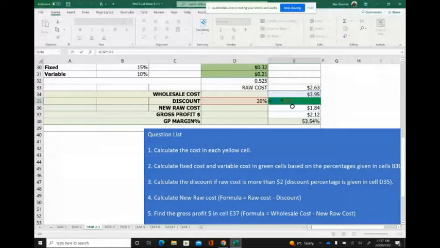Calculate discount if full cost is more than $2. Calculate the cost if the cost is more than $2. Oh, that's an if function. Yeah, although it would still work. Okay, what should this one be? Equals IF. So, if the raw cost,